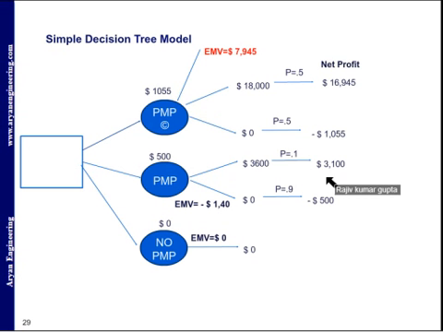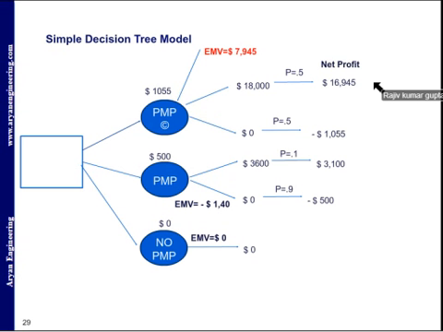But from my end, there is a probability of 0.1. If the probability is 0.1, the net profit is 3100 because you already spent 500. And there is a possibility there is no increment, and this probability is 0.9. So the net profit is minus 500. So based on this,